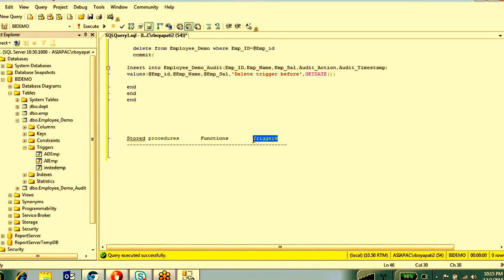And a trigger does not return any value. In stored procedures you can execute a user defined function, but in a function you can't execute a stored procedure.